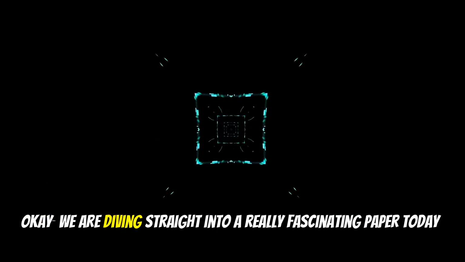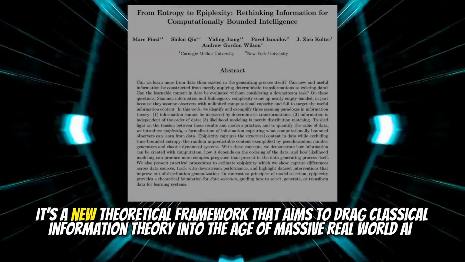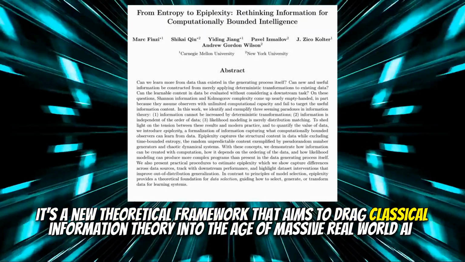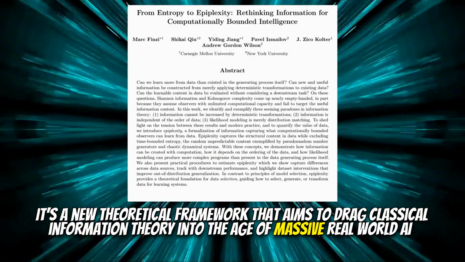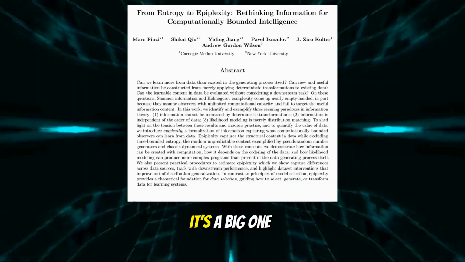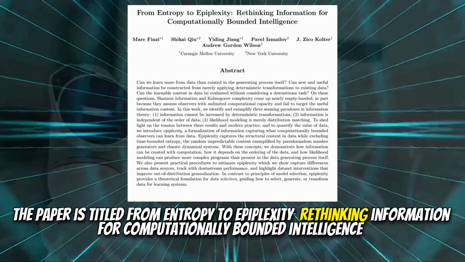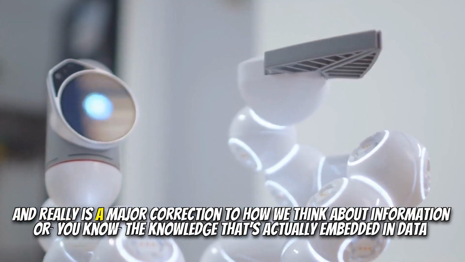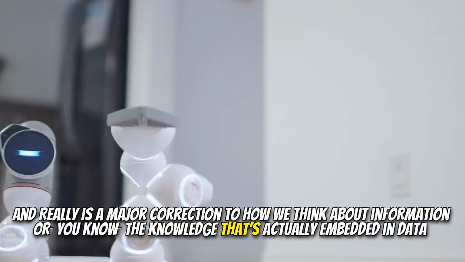Okay, we are diving straight into a really fascinating paper today. It's a new theoretical framework that aims to drag classical information theory into the age of massive real-world AI. It's a big one. The paper is titled From Entropy to Epiplexity: Rethinking Information for Computationally Bounded Intelligence. And it really is a major correction to how we think about information, or the knowledge that's actually embedded in